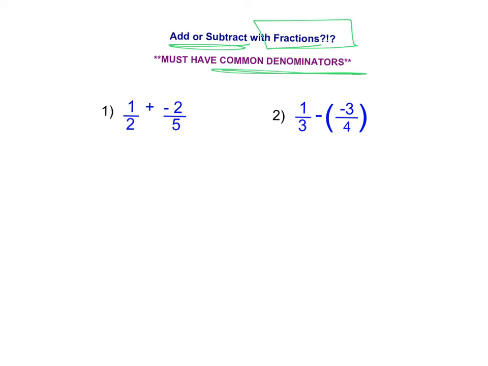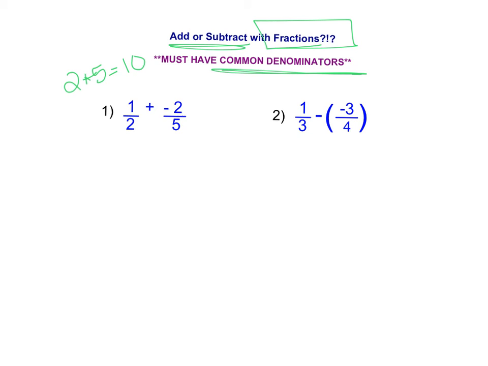denominators if they don't. So here we see in this first problem we have 1/2 plus a negative 2/5. So the first thing we need to do is find a common denominator that we can convert these both into. The easiest thing for me to do is I always look and I see a 2 and I see a 5. And I know 2 times 5 is 10. So I know I can convert them both into tenths. So I can change 1/2 into something over 10 that's equivalent, and negative 2/5 into something over 10 that is